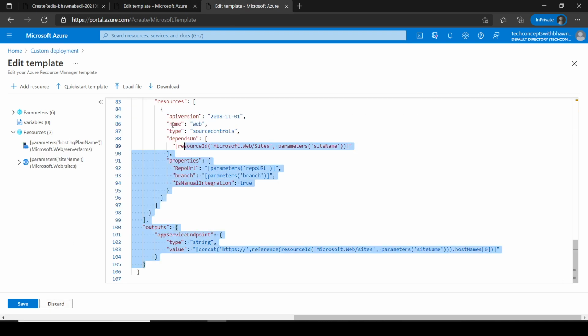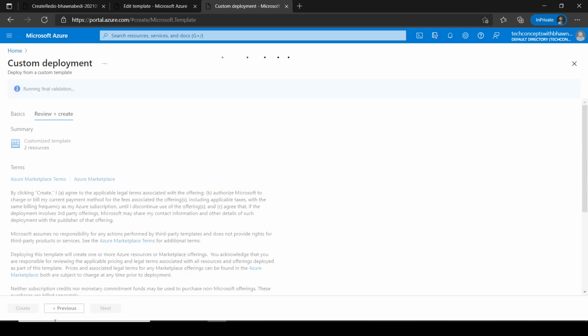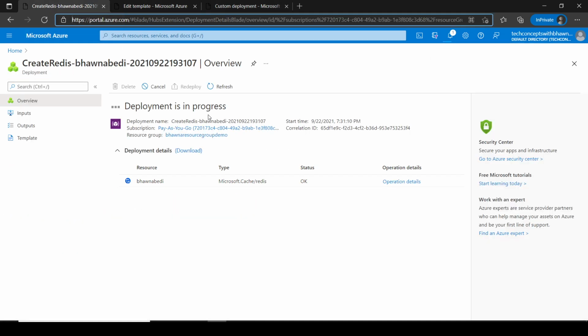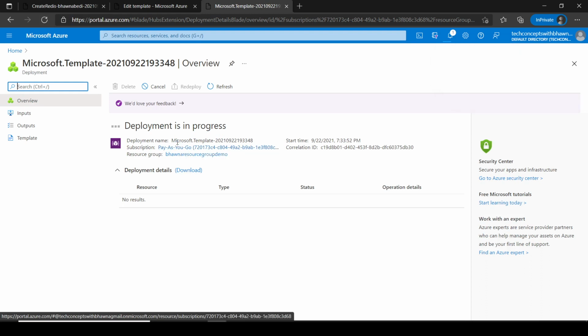But right now we are using this default code, so I just wanted to show you that this is where you can see the custom deployment code. And I'll simply go ahead and click on create. So right now my Redis cache is also in the deployment mode, and most probably even my web app will also take some time to deploy.